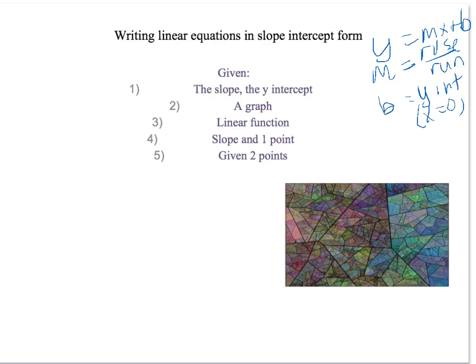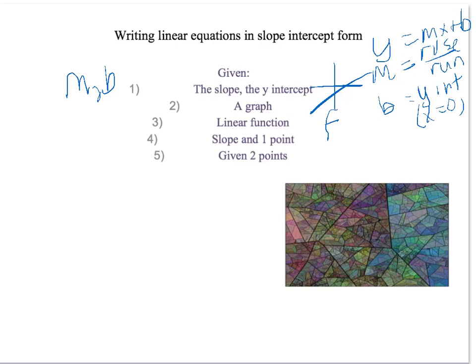Okay. So we're going to learn how to write linear equations in slope-intercept form if we're given a variety of things. The first, number 1, is if we're given both m and b. Number 2, we'll be able to write the equation if we're given a graph of a line. Number 3, we're just going to touch on this. This is if it's in function form, and that would be something like